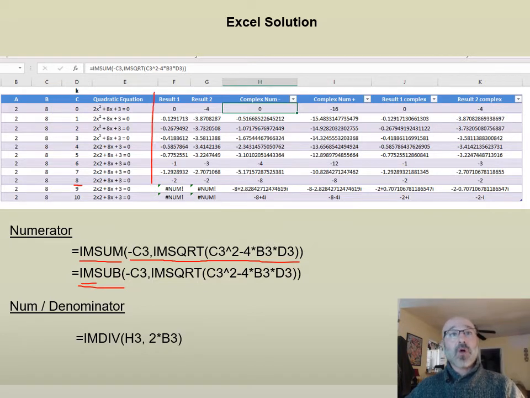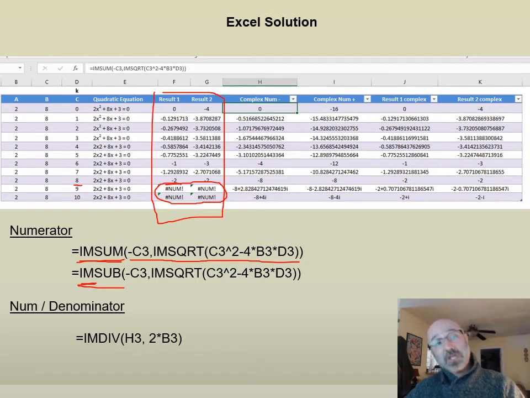So rather than 1 and 2 where I use my standard quadratic equation here, and now I couldn't take into account my imaginary portion of my roots here, I now deal with my numerator and denominator separately, and I now use these IMSUM and IMSUB functions here in order to take those into account. So I do that out here, and I calculate out, again, there's two roots, the plus and minus from our